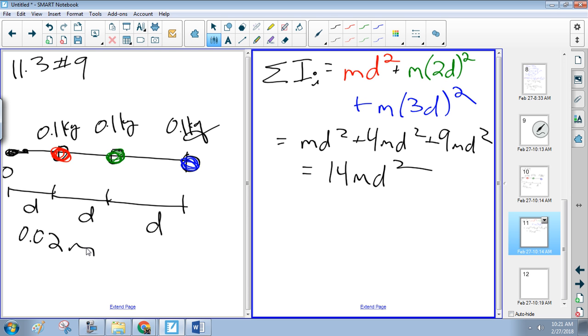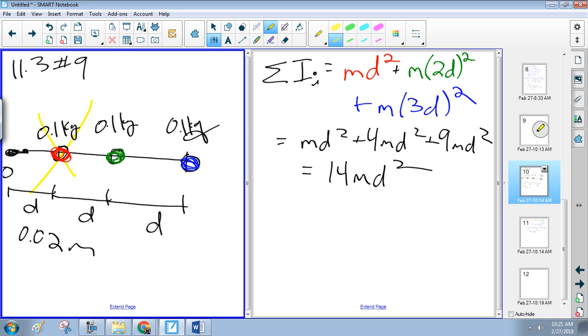Now, the question says, by what percentage does the rotational inertia of the assembly around the rotation axis decrease when the removed particle is A, the innermost one, or B, the outermost one? So let's pick one. If you can do one of them, you can do any of them. So which one do you want to do? Innermost? Okay, so if we remove